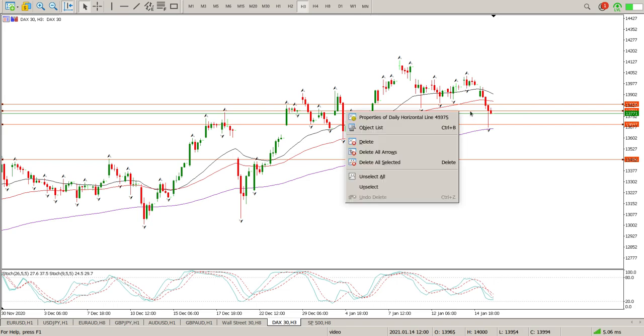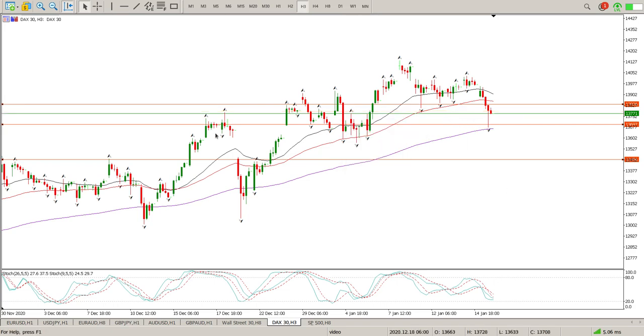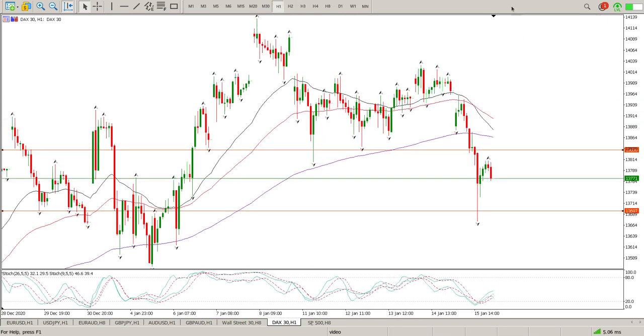And I'm just going to delete that one. So that is my structure. There's my level. We've bounced off. That is the top of the pin bar. I want to break above that. So for the DAX, what I would be expecting is I've got a 1 hour pin bar here. I expect a bit of a move down, form another pin bar, form an inside bar, form another bit of price action just to indicate that we have a potential move to the upside, and then a move back up. Where are we going?